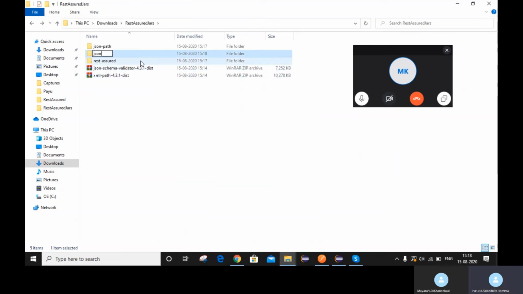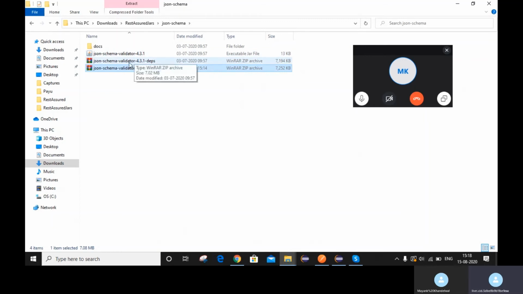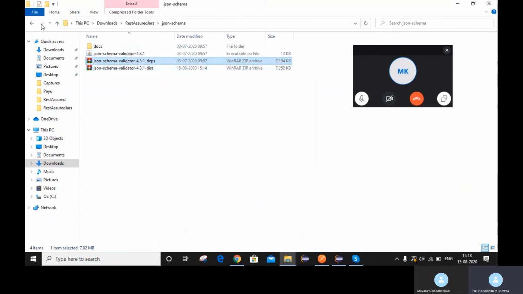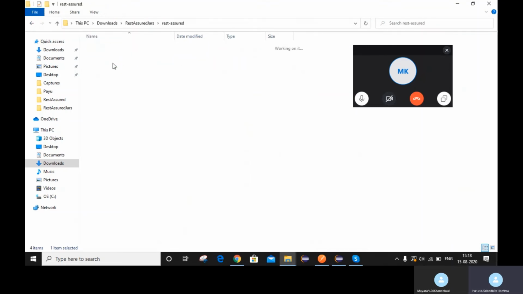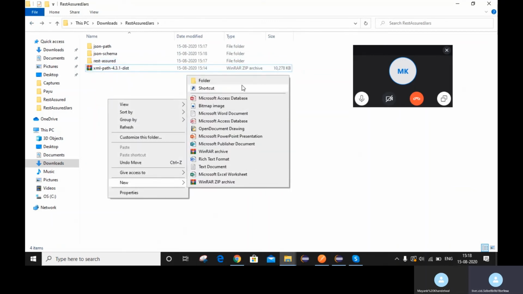Now this JSON schema, I'm copying this here. Now unzip this also. Yes, so guys, one more is left, XML path. Let's create a folder for this also.